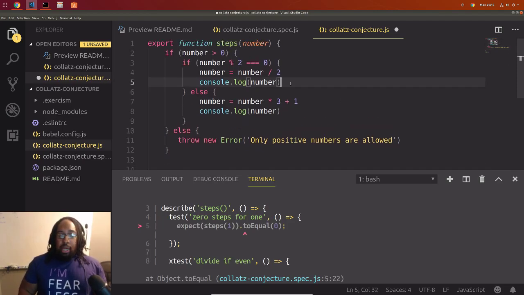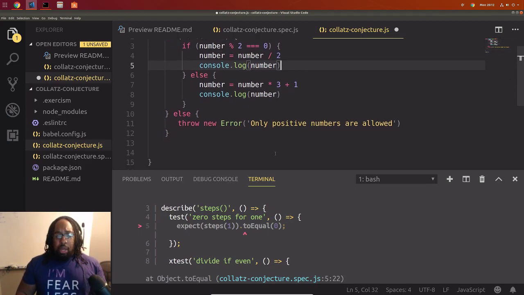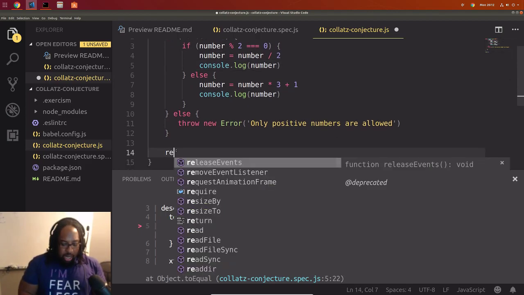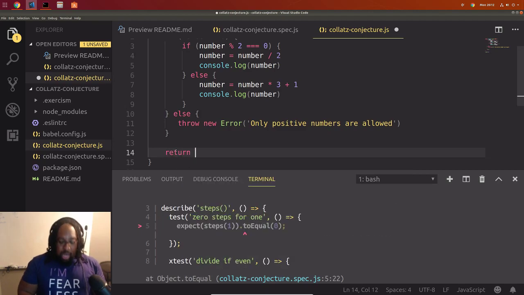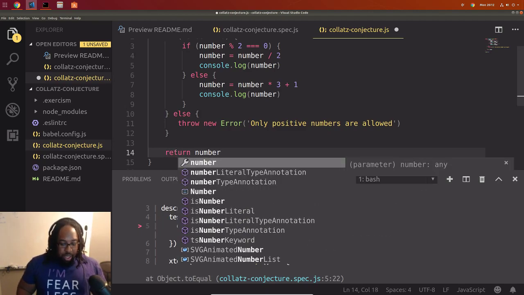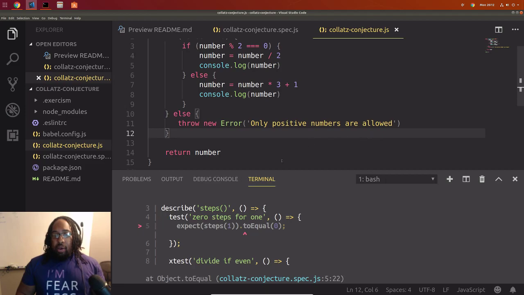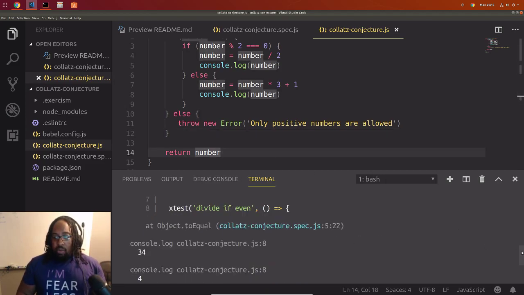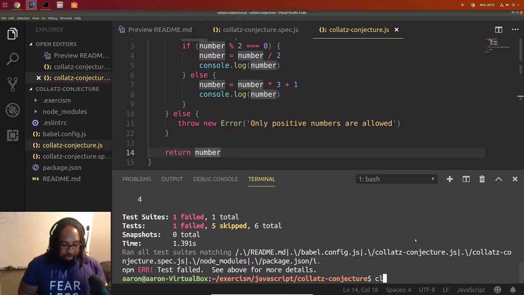We'll leave those console.logs on until we're done. The return command is just return, and we're going to return number. And so now these things that we're logging, we should be able to get those things out. So let's go ahead and save that, and let's run our tests another time.